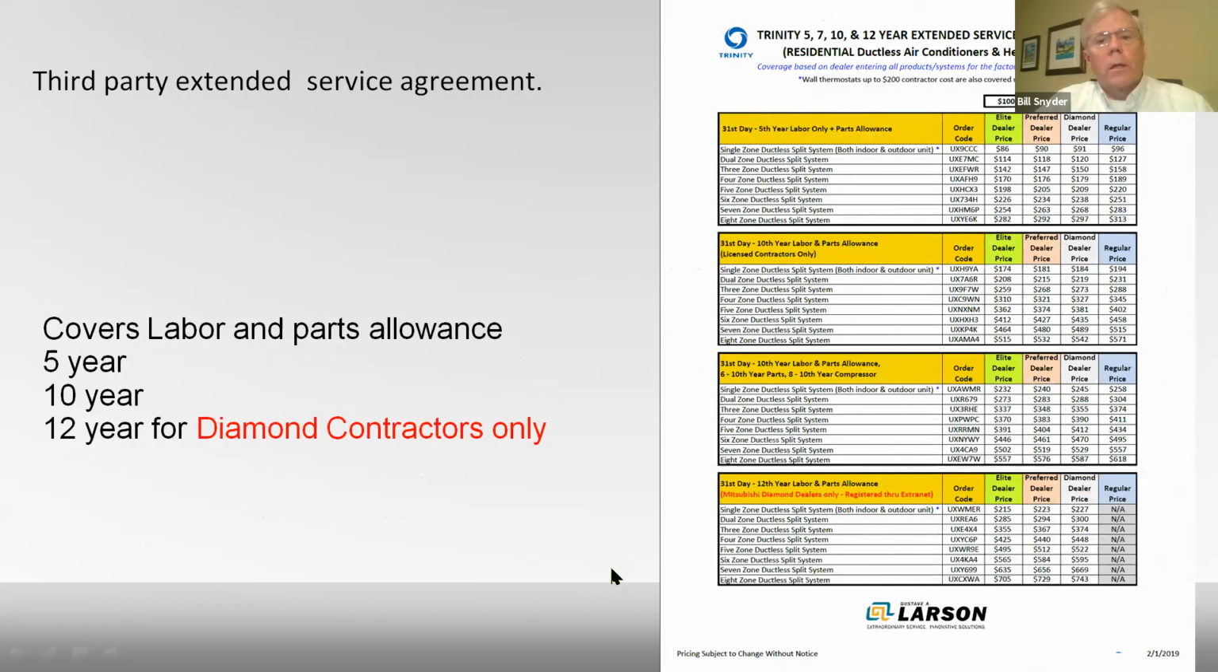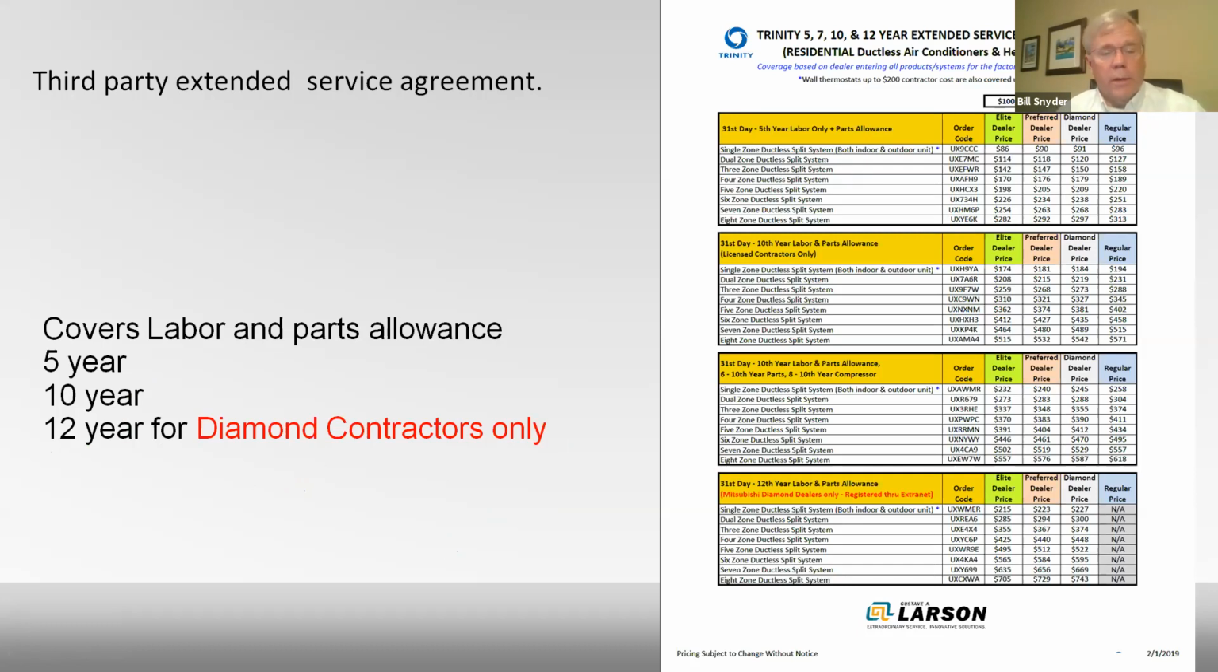We do sell a third-party warranty, a service agreement. If you did want to include labor, there is a labor warranty that's available for you to sell. It's a 5, 10, or 12-year for diamond contractors, 12-year labor warranty. It's kind of neat. It gives you a little markup on the parts as well, so that if anything does fail within, say it's a 5-year warranty,